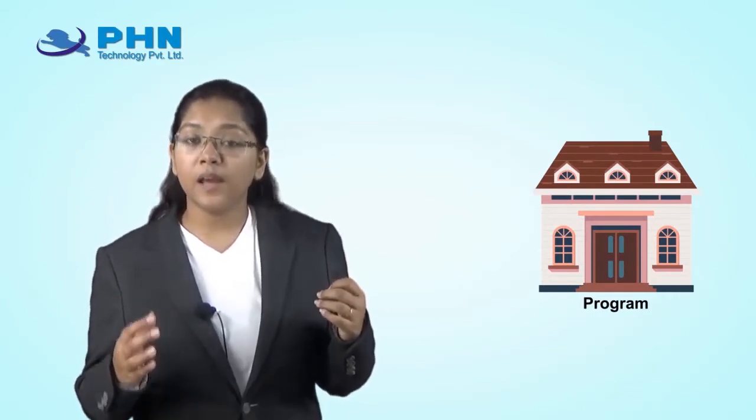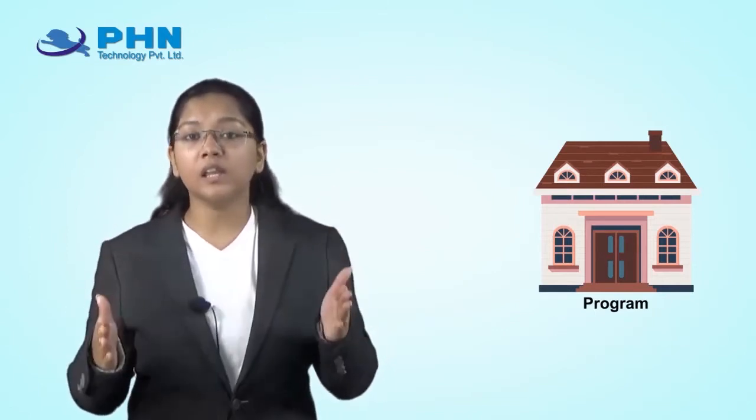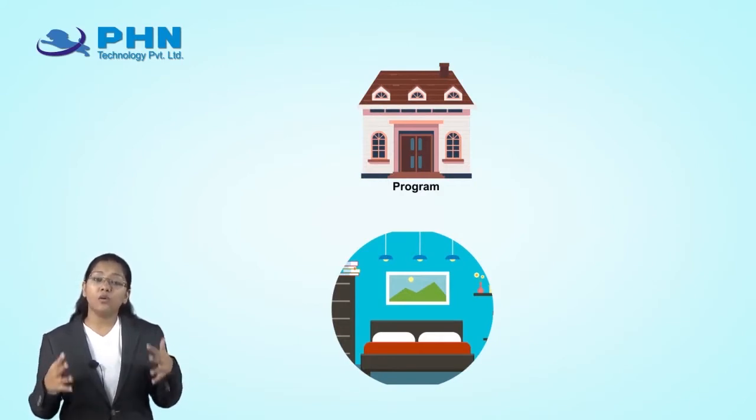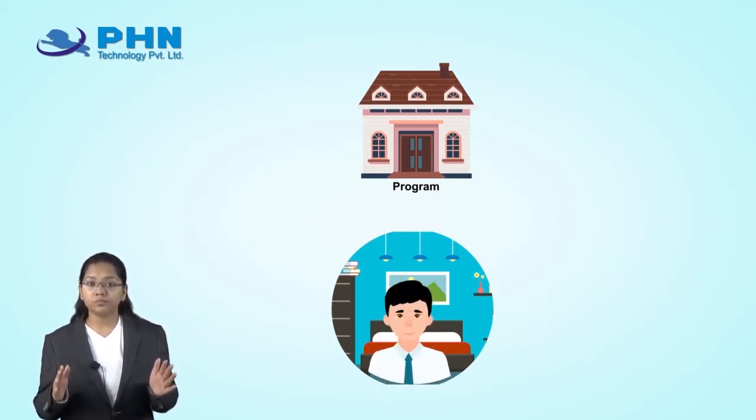Now, I have a task to find my house key. But the condition of that task is that I am restricted to my particular room. There are 2 rooms, right? But I am only restricted to 1 room. That means I am only restricted to find the keys in one function, one room only. I am not allowed to search in the other room, hall, kitchen, washroom, anywhere. I am only restricted to find my house keys in my room.